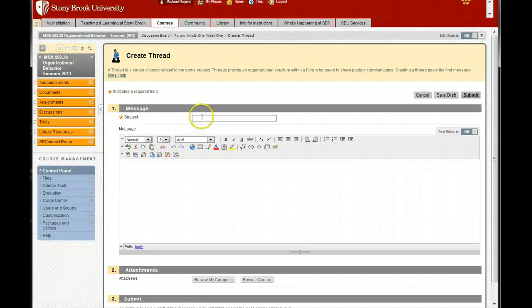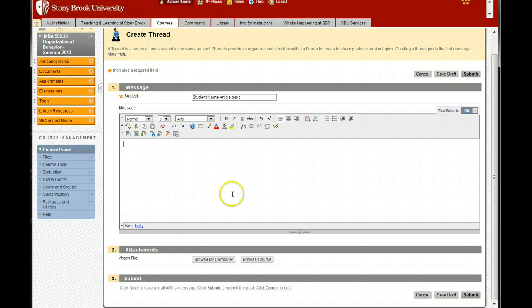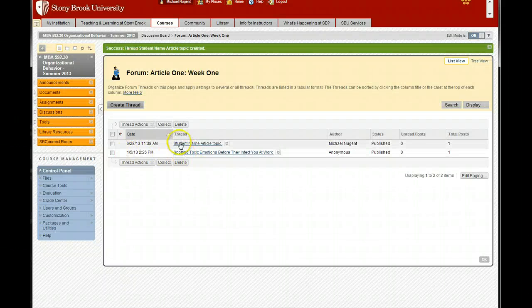You can put your student name and article topic, and then paste the relevant information down here. And then, what we just saw before: title, date, source, author, why it's important, why you picked it, and then just submit. And then you'll have a thread all to yourself here that other students can reply to.